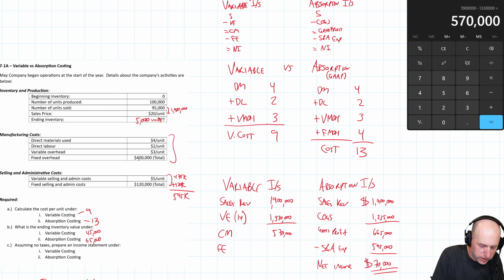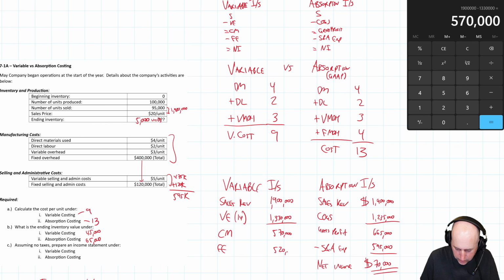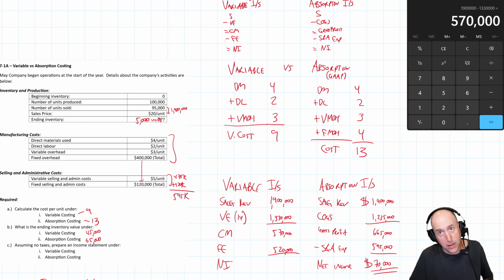Minus our fixed expenses, and that's just these two, 400 and 120, right? The fixed overhead and the fixed selling and admin, it's 520,000. And that CM minus fixed expenses is net income. Again, could be operating income or income before taxes, depending on the layout here, but since there's no taxes, it's our net income,